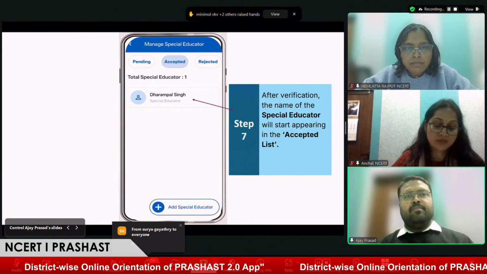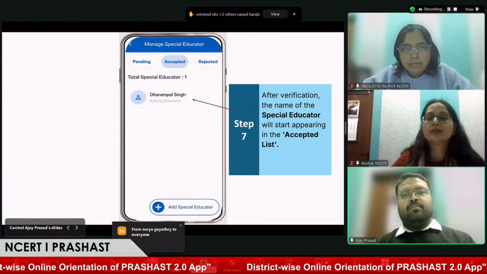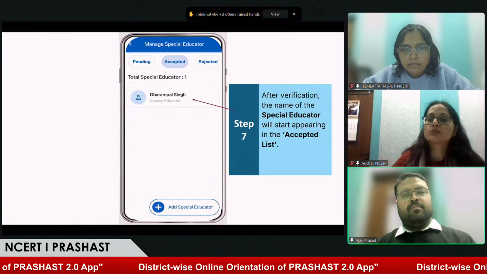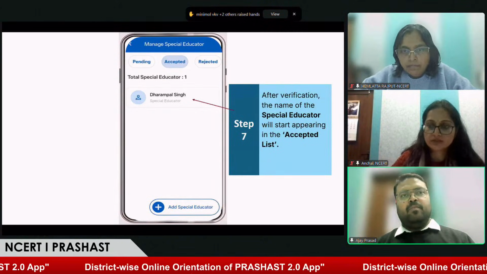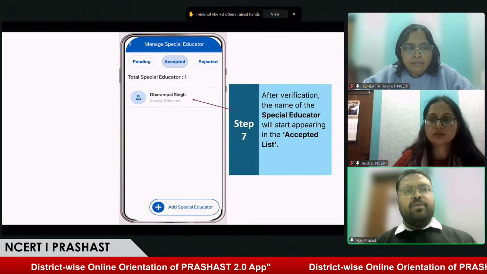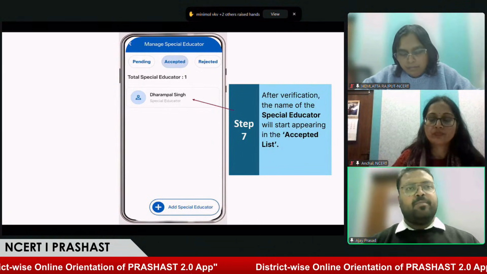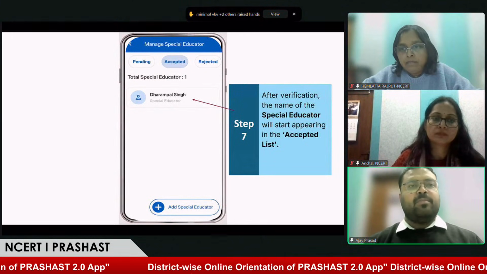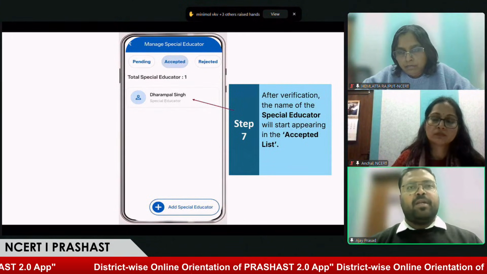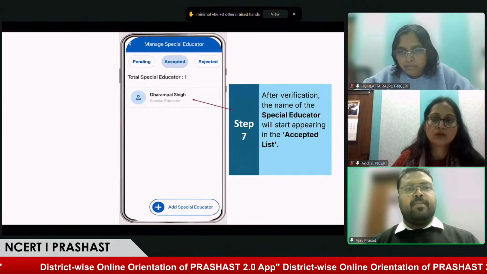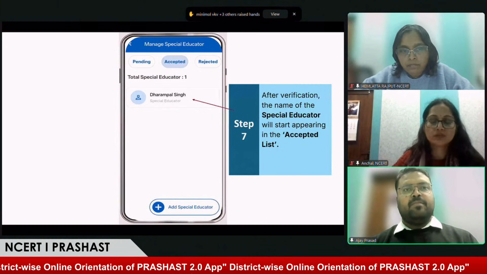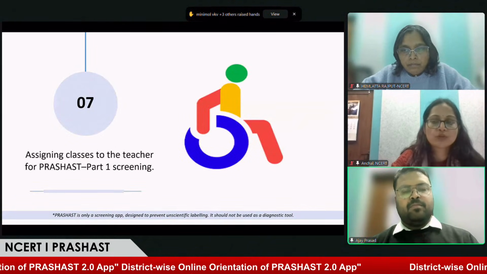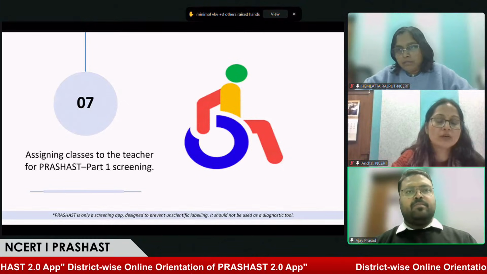Ajay sir, we received again a question from Surya. Signed into DigiLocker, what do I have to do next to download the PRASHAST application? Okay, you have signed into DigiLocker, sir, then you have to follow the same process. Go to Play Store and look for the PRASHAST application published by NCERT and install it on your mobile phone. Okay, sir. Surya sir, maybe you received your answer. You need to download this application from Play Store or App Store, depending on whether your device is Android or iOS.